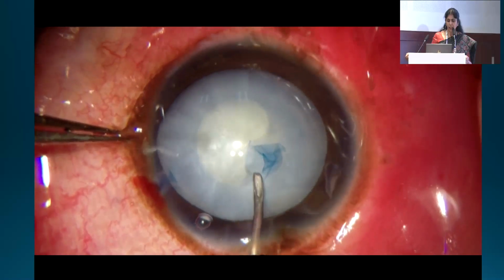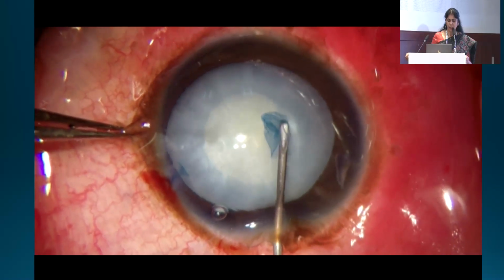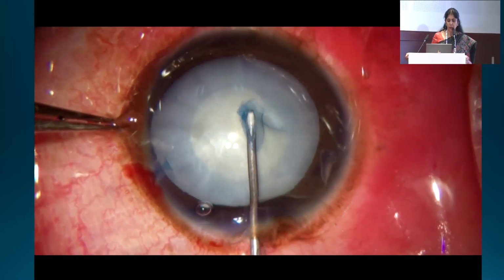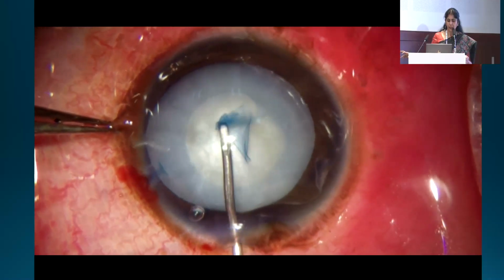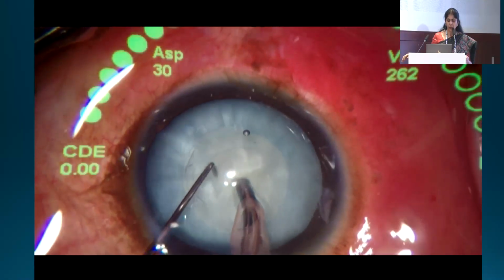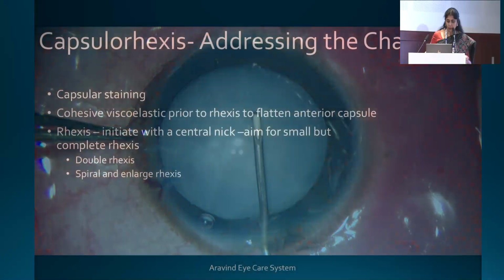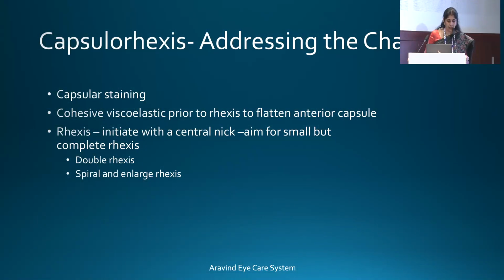So this is when things go well. In intumescent lens, as you know, sometimes you're not sure, but you find that the intralenticular pressure is not much, so you're able to do a complete rhexis comfortably. But not always you will have this advantage. So one has to remember to always stain the capsule, use a good cohesive viscoelastic, and I'll be showing my technique of how I would deal with this intumescent lenses, either by doing a double rhexis or by doing a